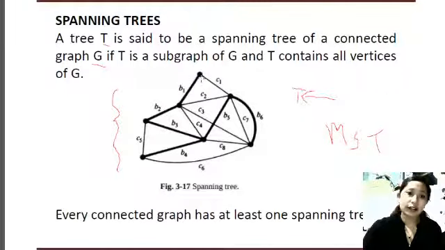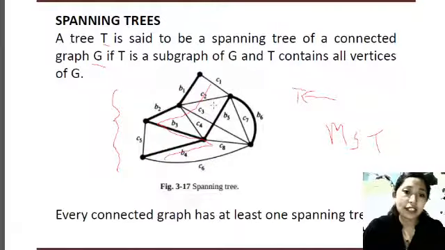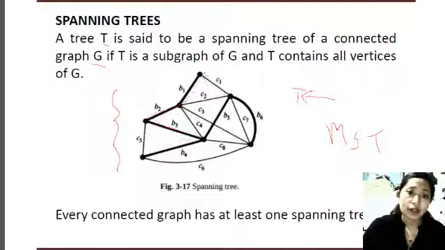Like in this case we got this bold line as one spanning tree, but we can also traverse in some other form, like I can traverse in this way. If I traverse like this, then also I am covering all the vertices. So there are various traversals possible which are acyclic and contain all the vertices of the given graph. More than one spanning tree is possible, but among all the spanning trees,